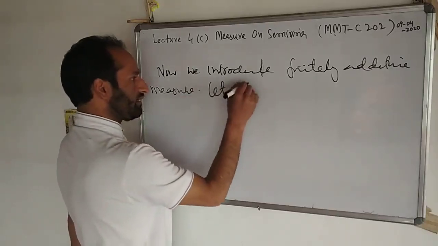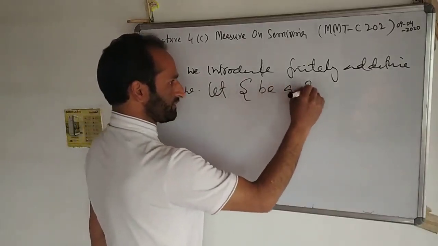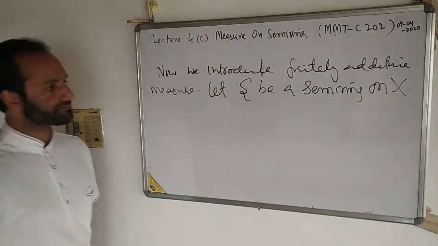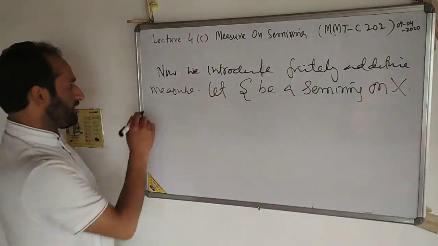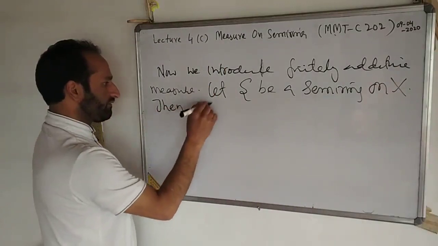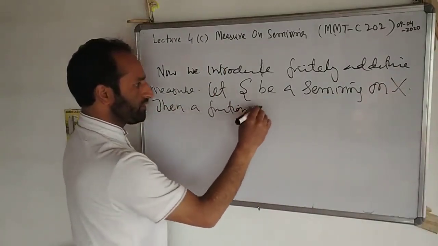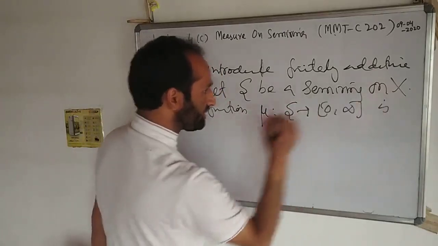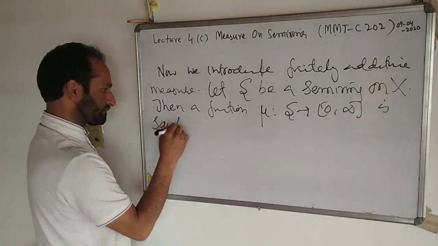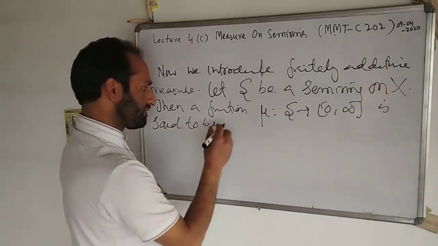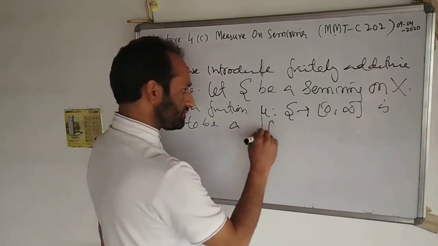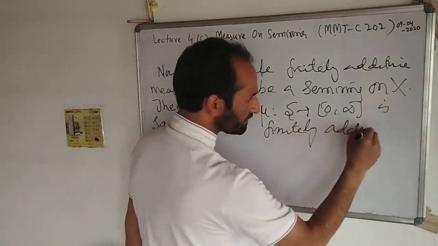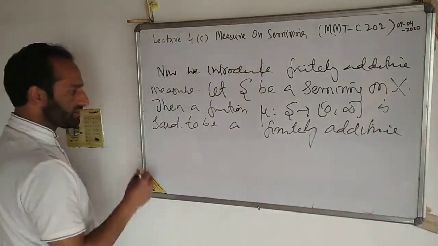Let S be a semiring on set X. Then a function mu from S to 0 to infinity is said to be a finitely additive measure